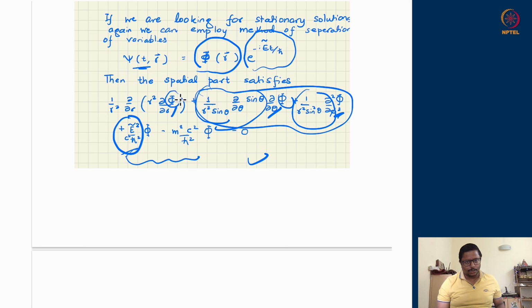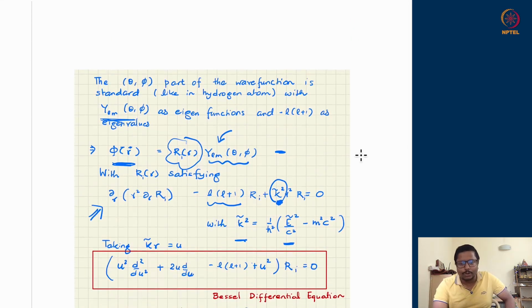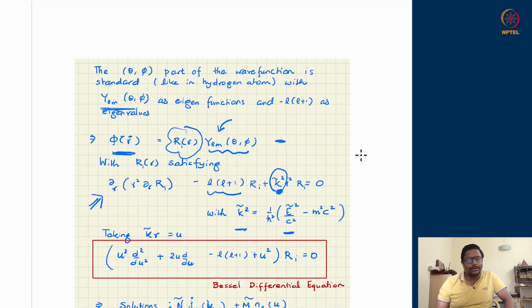This is also radial times Y_lm(theta). This is also radial times Y_lm(theta). This is also radial times Y_lm(theta). And this part is giving me minus L times (L plus 1) times R_lm(r) times Y_lm(theta). So Y_lm(theta, phi) is common to everyone. I pull it out, send it towards the right hand side of 0, and the radial part is left